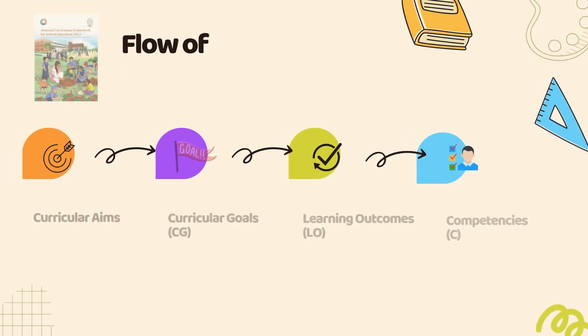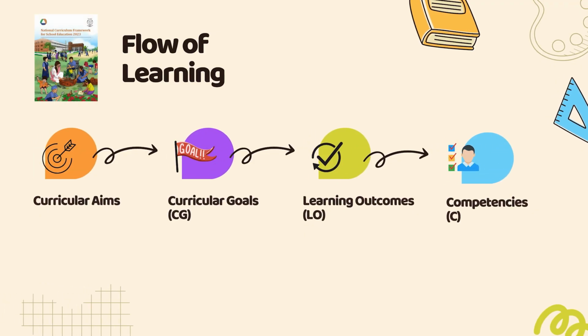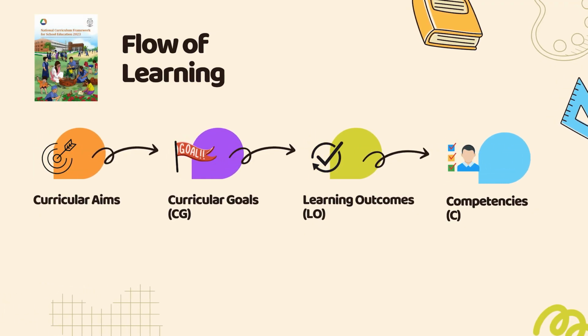The National Curriculum Framework strongly emphasizes the importance of a clear flow down that must connect aims to curricular goals, to competencies, to learning outcomes. It is only such coherence, coverage, and connection arising from a rigorous flow down from aims to learning outcomes which can align syllabus, content, pedagogical practices, institutional culture, and more to achieving what we desire from education. NEP 2020 has articulated the vision and purpose of education.